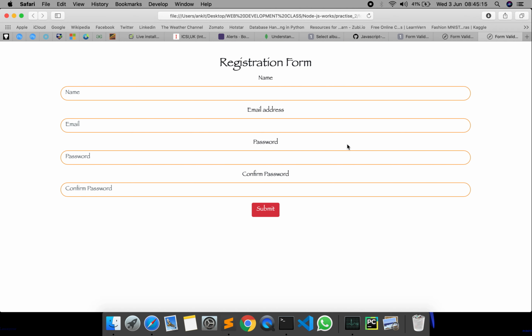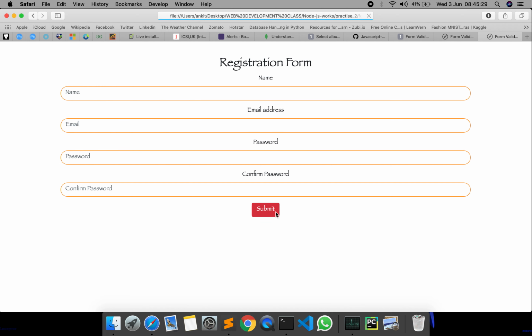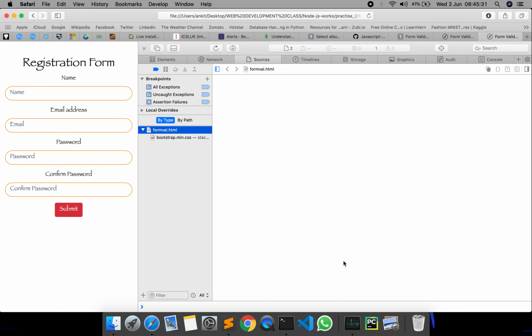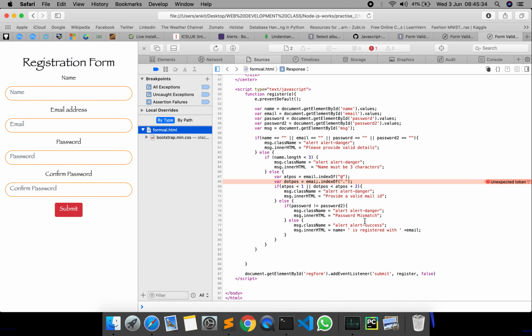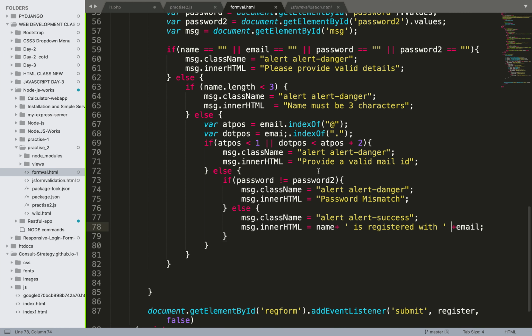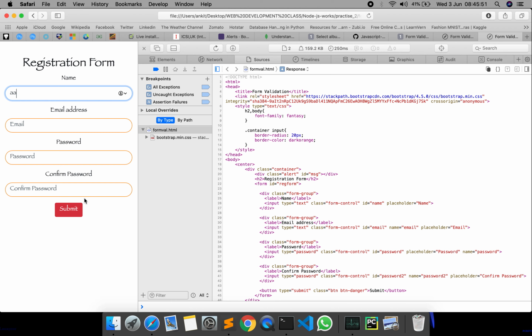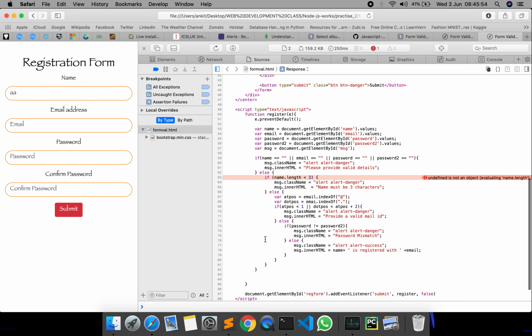So we have our form reloaded, and first just provide two letters in my name field. Submit. Okay, there was some error. Unexpected token. Oops. Yeah, right. Okay, again I have got some error.